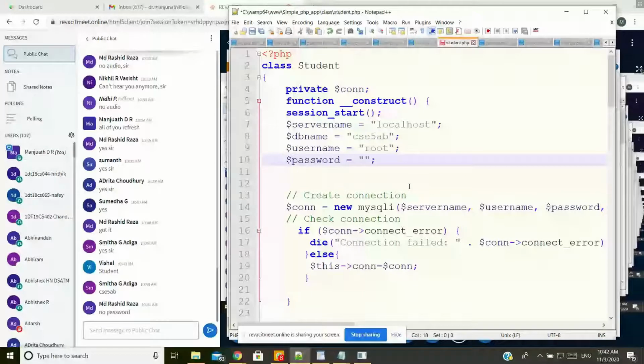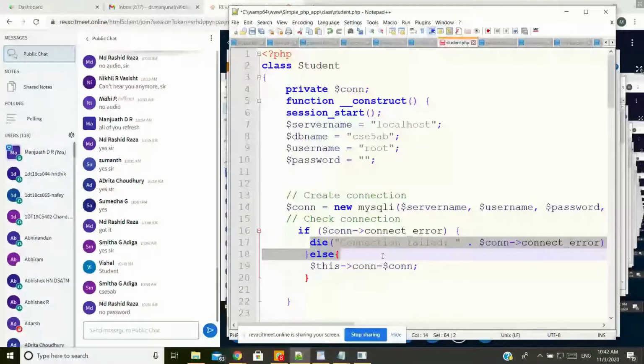Now the API will be passed with all these four values, and if that database exists in my localhost, then it is going to create a connection, and the connection will be established in my variable called CONN. If it is not there, I am going to pass some exception, that is, I am unable to find that particular database.